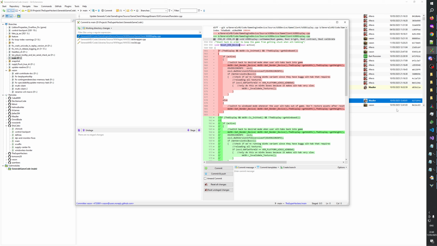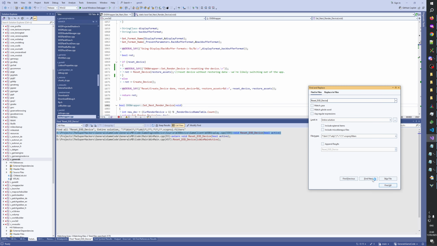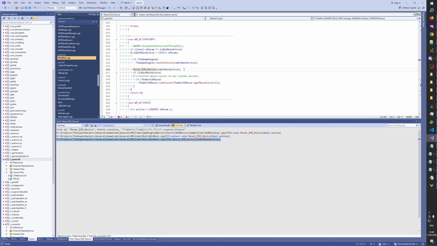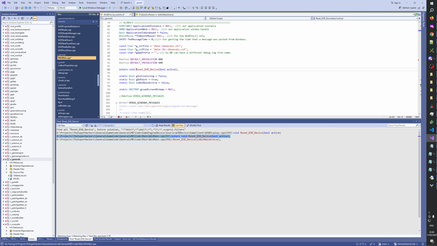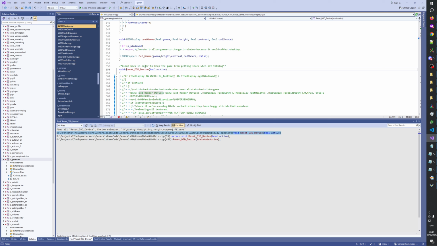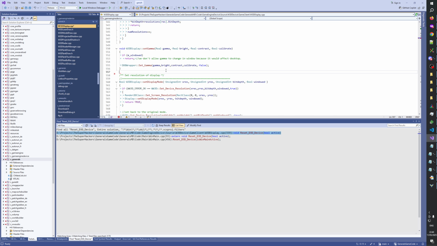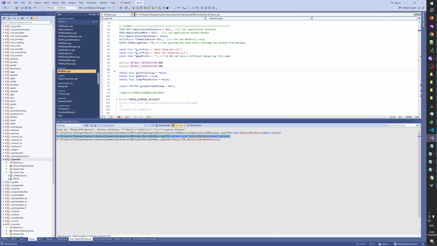Good. So this reset D3 device, that function we will delete. Then we delete this function and this function. There we go. Okay. Good. Then